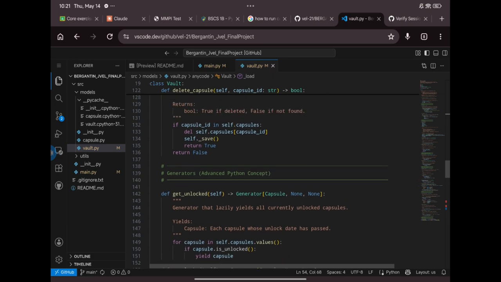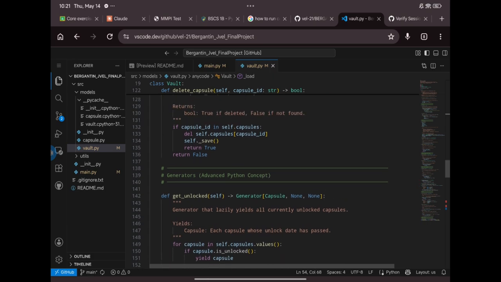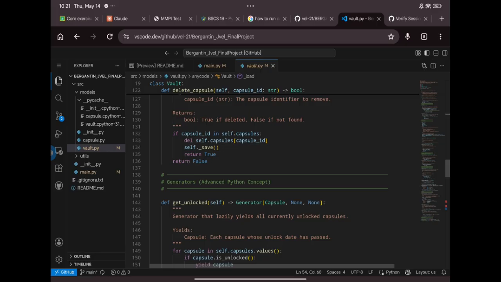This is another advanced Python concept I use: generators. Instead of building a whole list of capsules and returning it, a generator uses the yield keyword. It gives you one capsule at a time, only when you need it. This is more efficient because it doesn't load everything into memory at once.